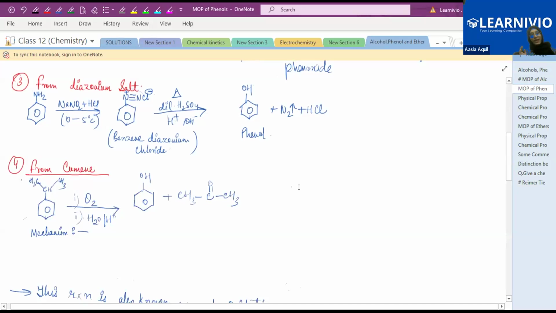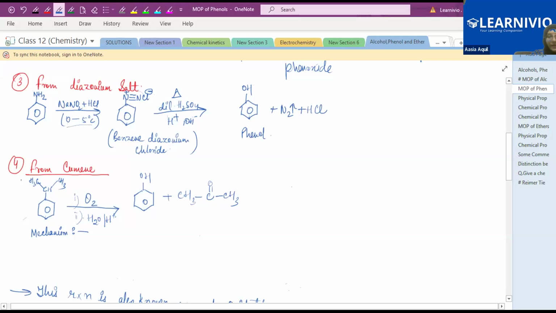Now, what is diazonium salt? So let's see what is diazonium salt. Suppose we have this aniline, benzene and NH2. When you treat it with NaNO2 plus HCl, this combination will give you HNO2, HONO. So when you treat this aniline with NaNO2 plus HCl at this temperature, it will give you a